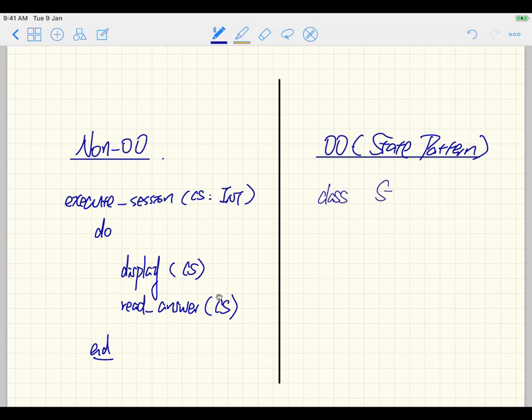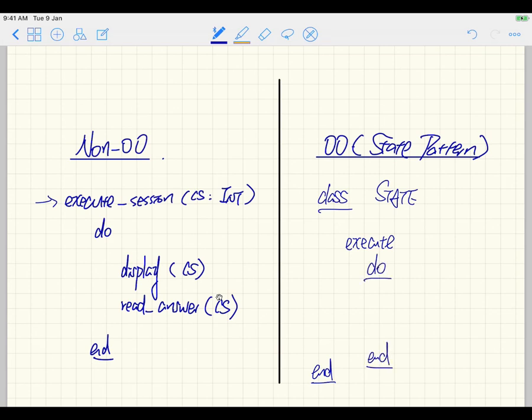Now, when we define the feature corresponding to execute session in the second design, we're going to say execute, and notice that no parameters are needed. In the Java case, you got the context object, the implicit this. In Eiffel, you got current, which is the current object you're calling the feature on. That's something very important. So if I say execute, and then do and end,